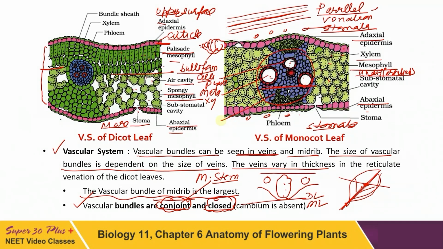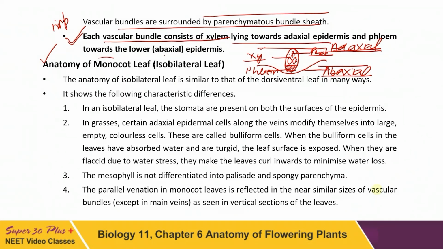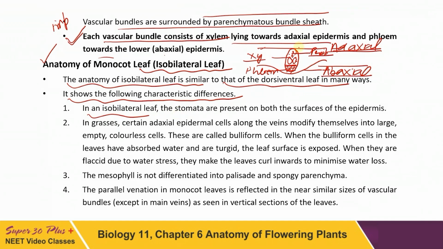Can you summarize it now? Come on. Anatomy of monocot leaf. I told you the leaf is isobilateral. Isobilateral leaf anatomy is almost similar to that of a dorsiventral leaf, but the differences are there. Some characteristic differences. Can you summarize? Isobilateral leaf. Yes, I told you, remember, stomata are present on both sides, almost equal number on both sides. In grasses, very important point now, certain adaxial epidermal cells modify themselves into large empty colorless cells,